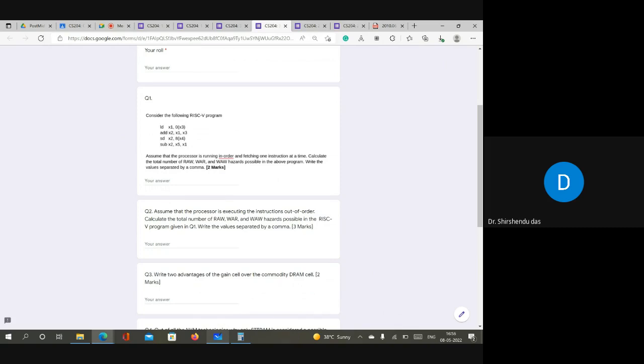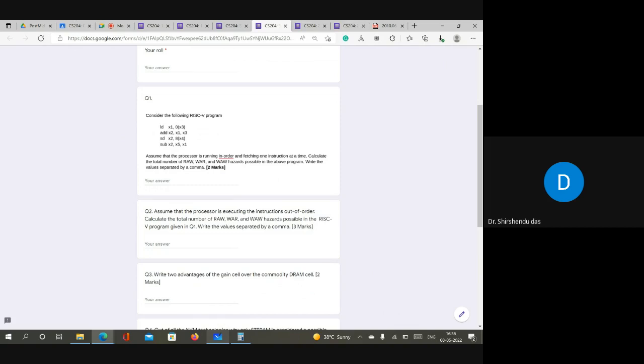There is a RAW hazard in the first and second instruction, because load is loading something in x1, and the next instruction is using it. So there is a data dependency between load and add. So there is one RAW hazard here. Another RAW hazard is between add and store. Add is updating the value of x2, and store is storing this value in memory. So there is one more data dependency between add and store. And one more data dependency is possible between this load and this sub, because this load is loading something in x1 and this sub uses it, so there will be three RAW hazards possible